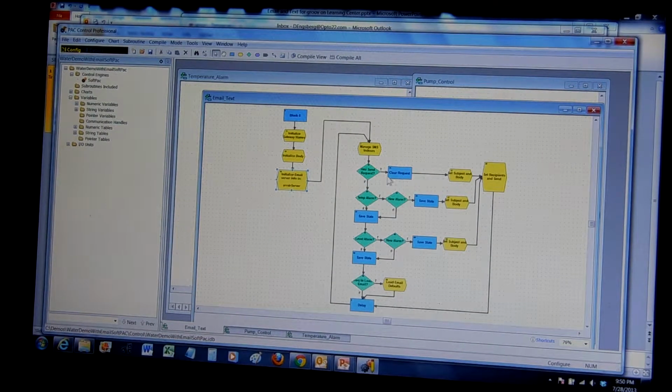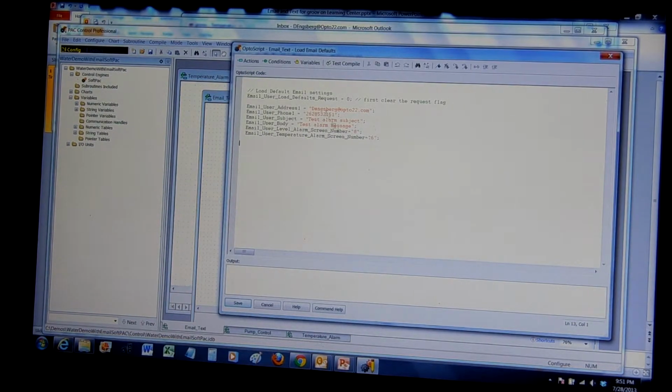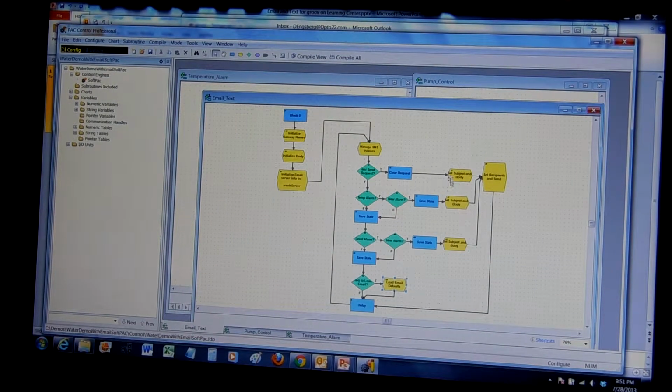The rest of it, here's an email that can go out by just clicking a button. Here's the level. Oh no, here's a temperature email or text, and a level email or text. I've got one more thing here for loading a bunch of default settings. You can put your email in here as a recipient, and maybe your phone number, and then yours will come up by default. So I'm going to move away from Pak Control, and I'm going to bring up the Pak